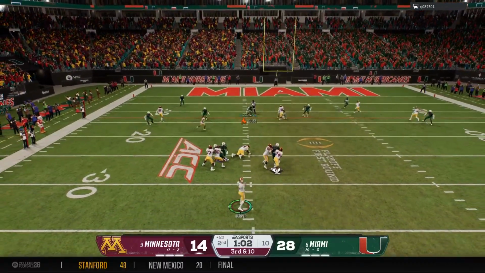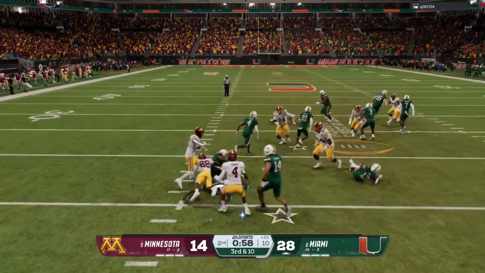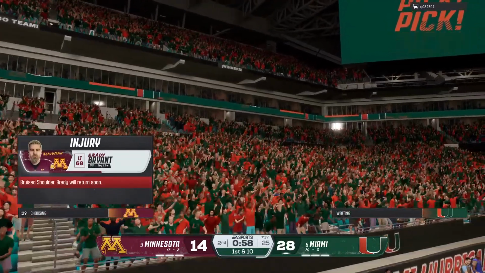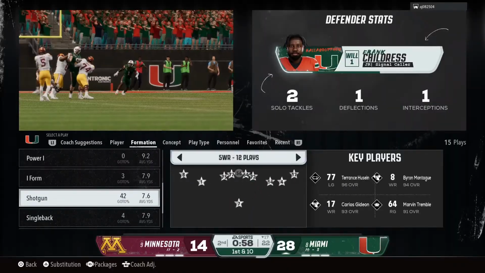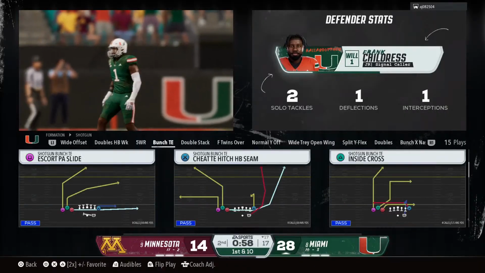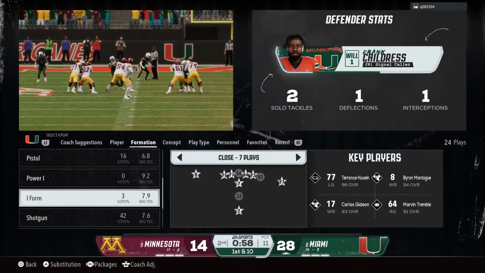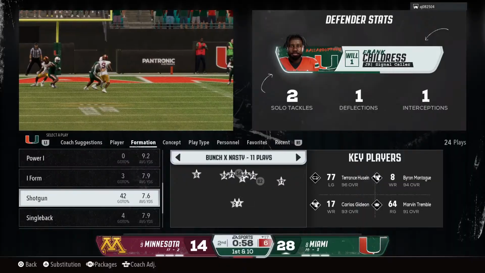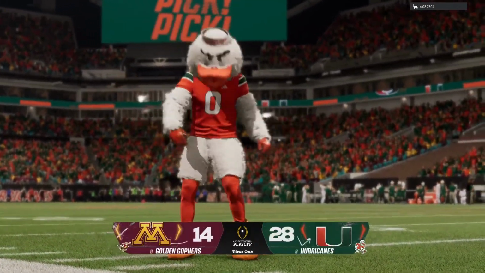Dropping back, it's Harper. Lets it go quickly. Another interception. Wow, that's his 4th tonight. Oh, my gosh. At this point, this offensive coordinator has to consider going to the backup. This defense is baiting him into coverage, and he continues to throw these interceptions. So the offense calls a timeout here. That's their first of the half.